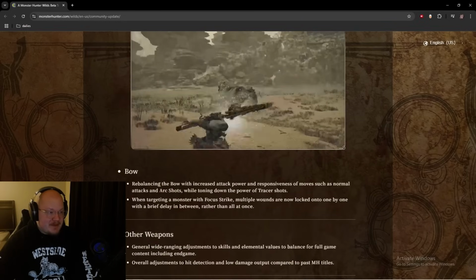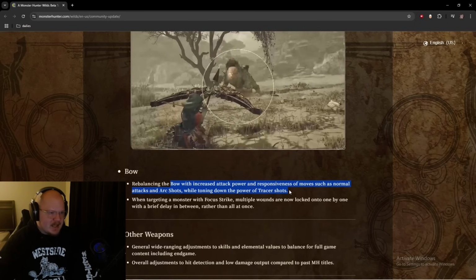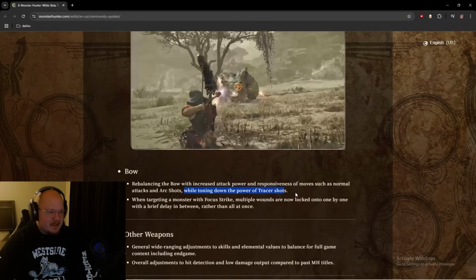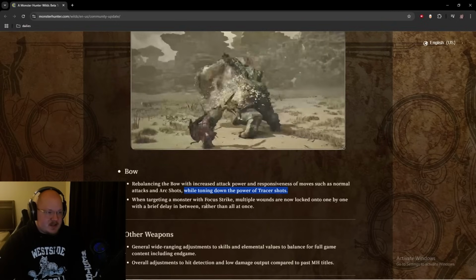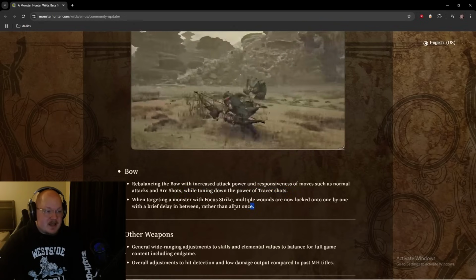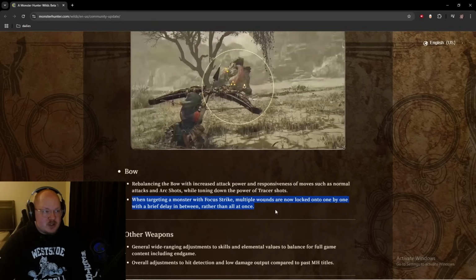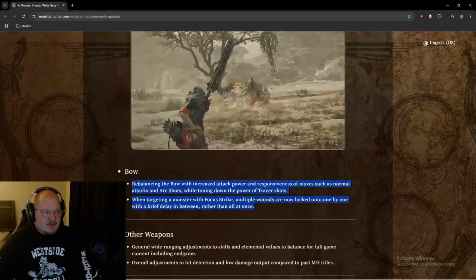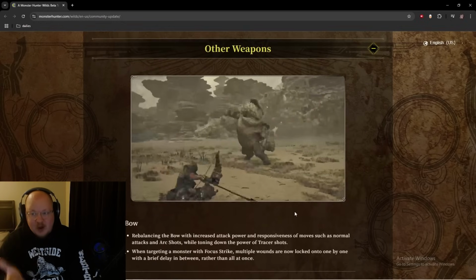Other weapons, we have the bow, rebalancing the bow with increased attack power. So we got bow buffs, it looks like, but they're toning down tracer shots, which I believe were the focus strike. When targeting a monster with focus strike, multiple wounds are now locked onto one by one with a brief delay in between rather than all at once. This is something I noticed. You could actually open up a bunch of wounds and then hit all of them with your focus strike. That was super strong, really, really good. So this just knocks the bow down a little bit from where it was, which I think was probably going to end up being one of, if not